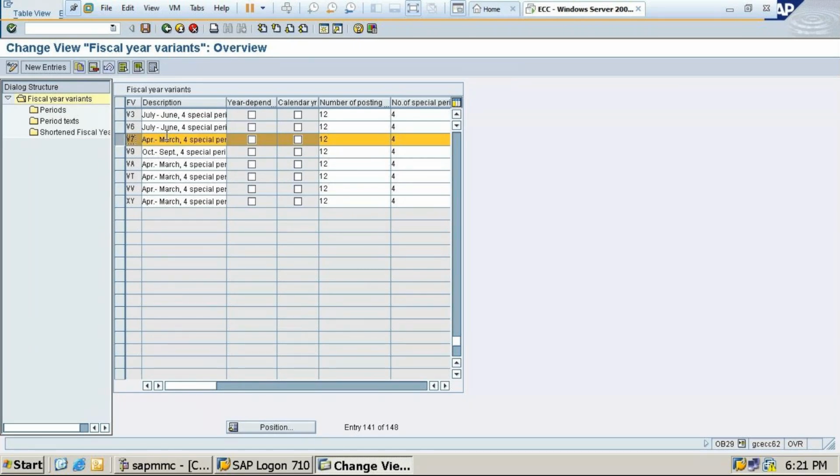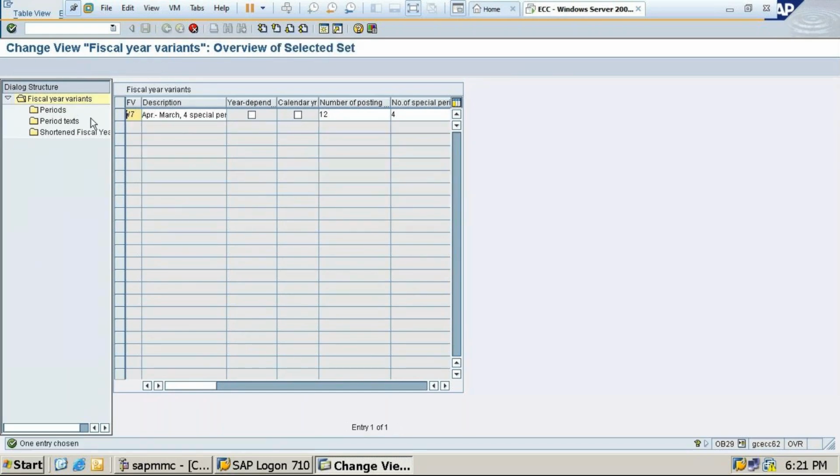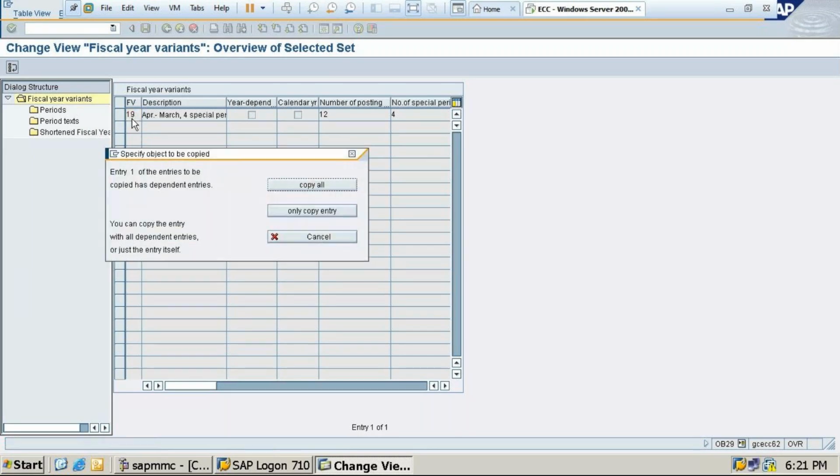So April to March we are selecting, and we have to click on copy as. Once you click on copy as, change the company code. 10 I cannot take because I have already used that. So I am taking, suppose, 18. Press enter. It is not taking. If any key is not accepted, you can take alphanumeric also, but I am taking suppose 19. 19 is accepting, so just enter this number and press enter.